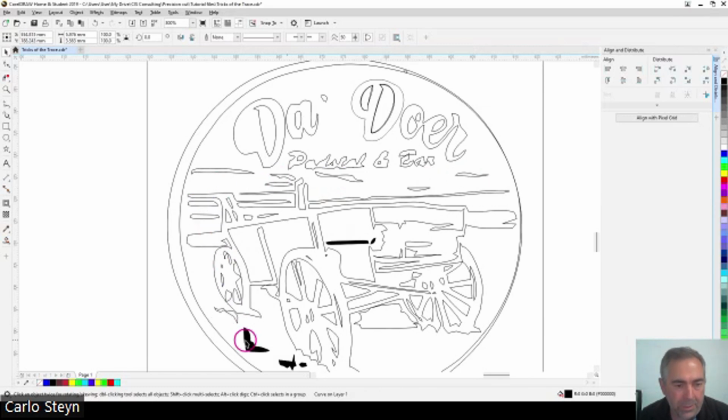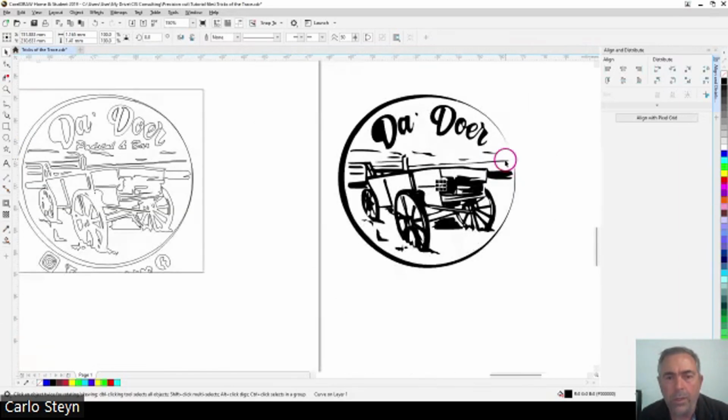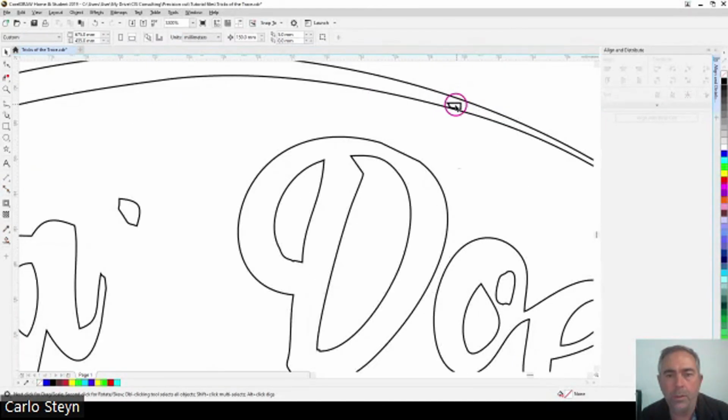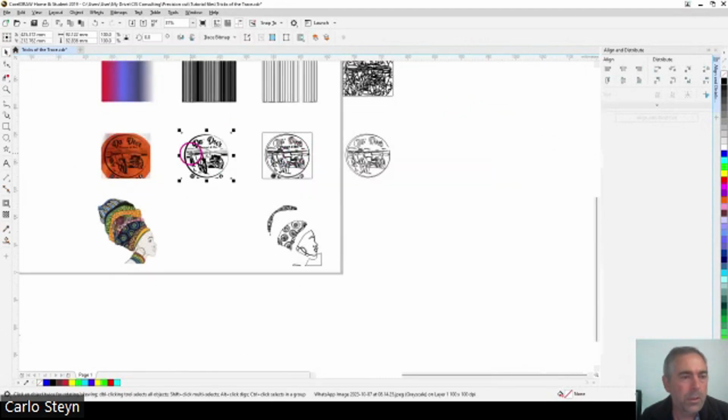And I would rather invest the time in doing this than putting it into the machine and some areas engrave and some of them don't, especially if there's double lines that won't engrave. And once you've done that with a Smart Fill tool, you've moved it out of the way, that image is good to go and it will engrave perfectly. That little block, yeah, that won't bother, that'll be in there. So if you do the